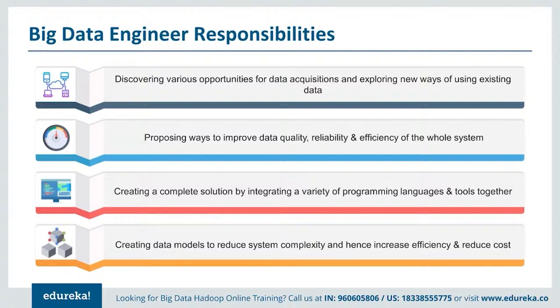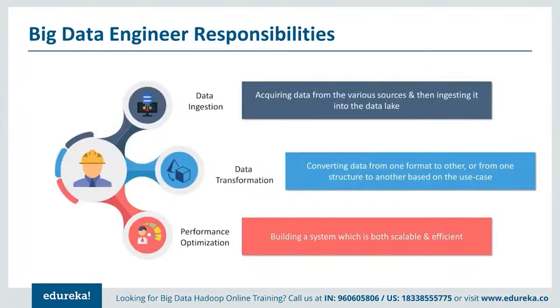Now, having said all that, one very important thing which a data engineer should be looking at is performance tuning. One of their responsibilities includes performance tuning and making the whole system more efficient with time. First, the performance of an individual component needs to be improved, and then the entire system needs to be optimized. With that, let's move on to the summary of what we've discussed so far in terms of responsibility.